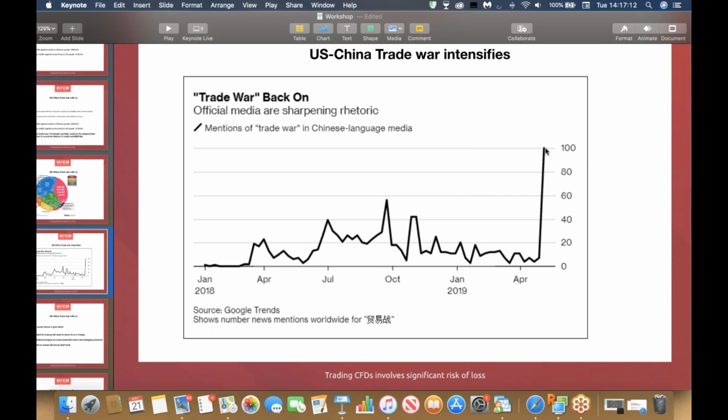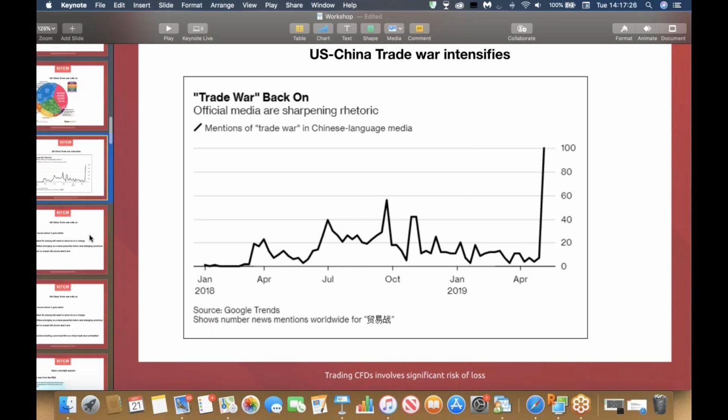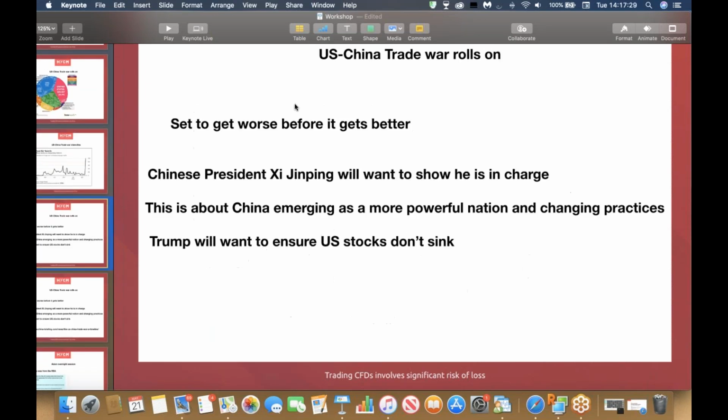So the language in the social media really represents a nationwide move, and we see China moving towards a nationalistic perspective as they really dig down for a long trade war. So in my opinion, this US-China trade war is set to get worse before it gets